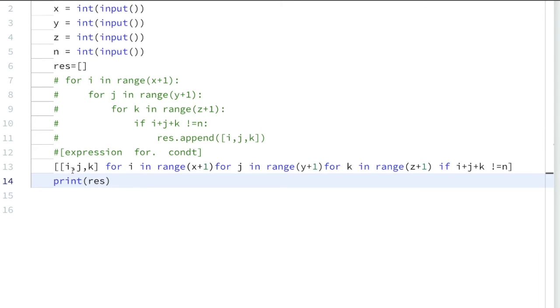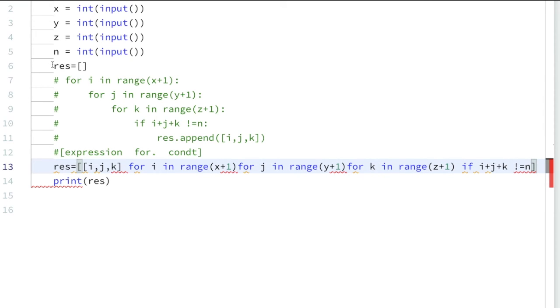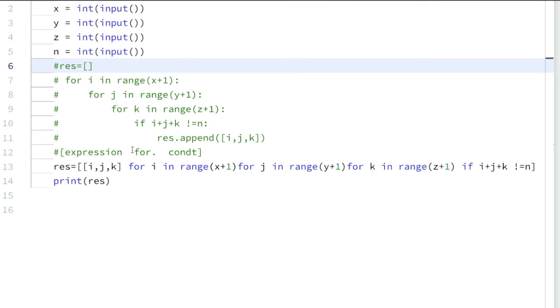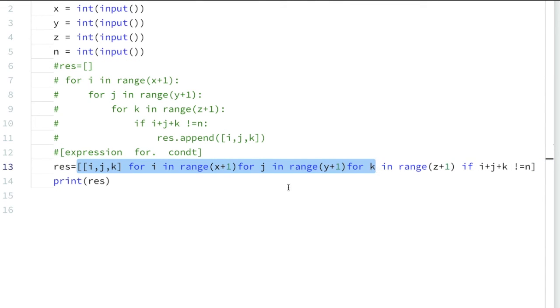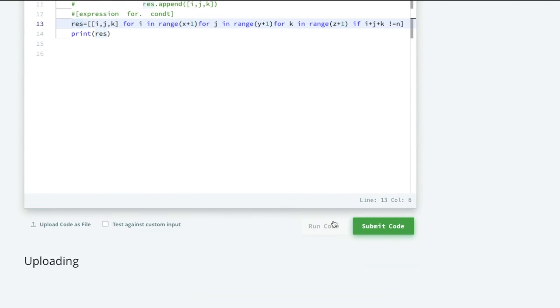So we are done. Let us save this in our result array. Result equal to this. Let us comment this one. This is not required. Either we can print this whole thing in our print statement, or we can save this in our result and print. Both will work. Now let us again run this code.